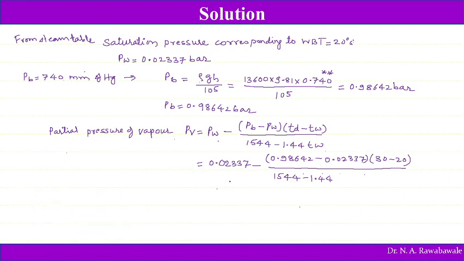TW, which is given to us, is 20 into 20. On simplification we get this as 0.01701 bar. So this is the partial pressure of water vapor. Now corresponding to this partial pressure of water vapor, from the steam table,